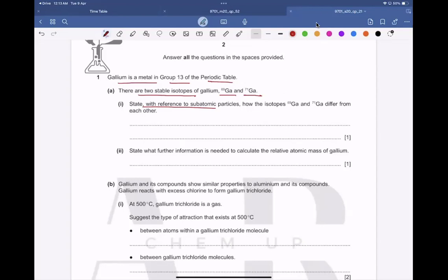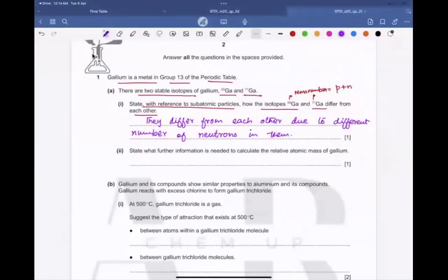My screen is having some problems. Let me reshare it. Okay, now,